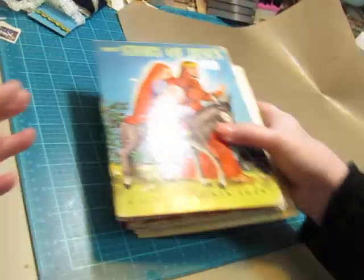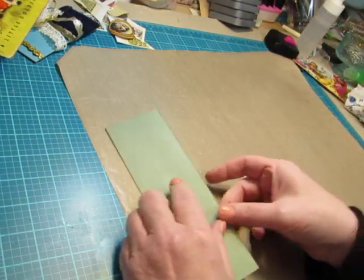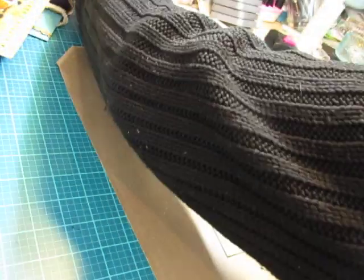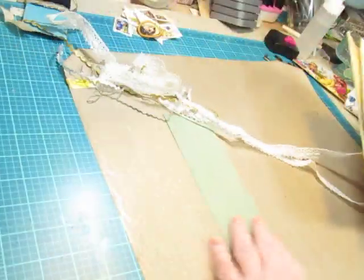Okay. Yesterday when I did that, I must not have been, I don't know, but I thought it was 2.5 inches. So when this glue is dry, I'm going to cut that to 2 inches because I don't want it to be wider than it needs to be. So while we wait on that to dry,